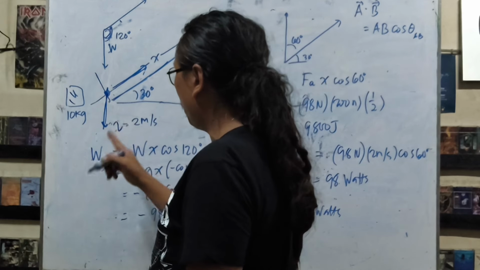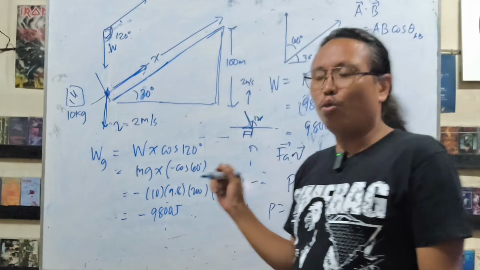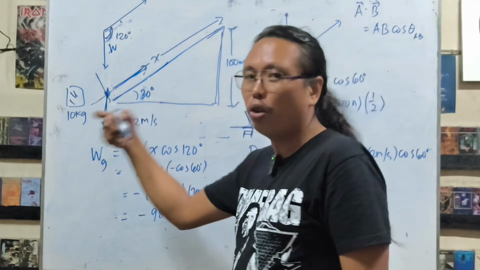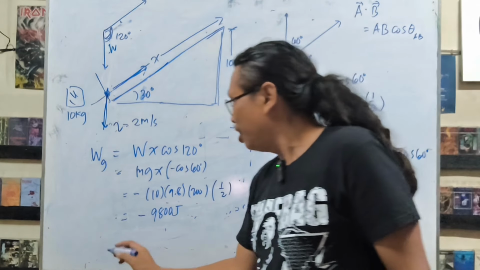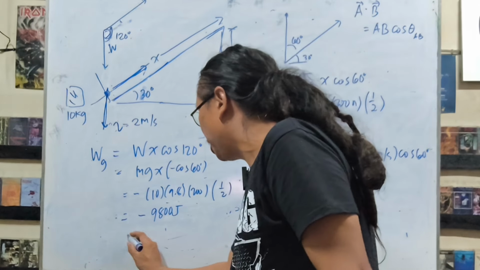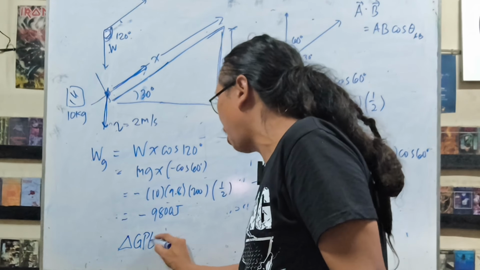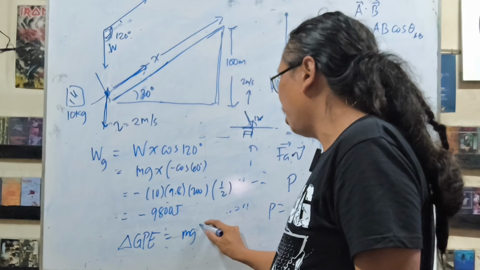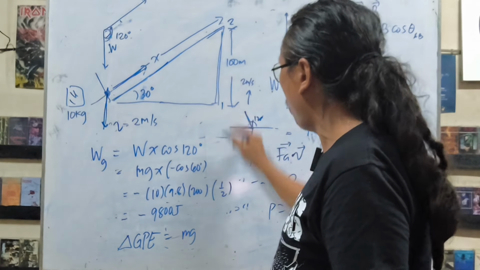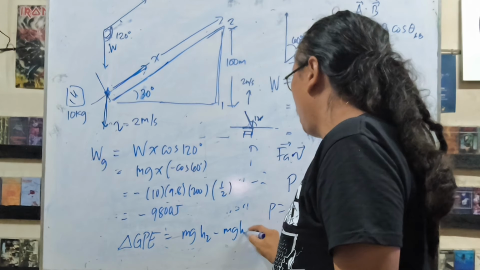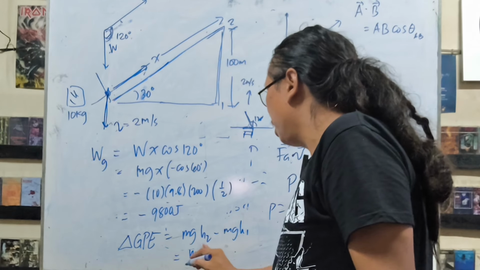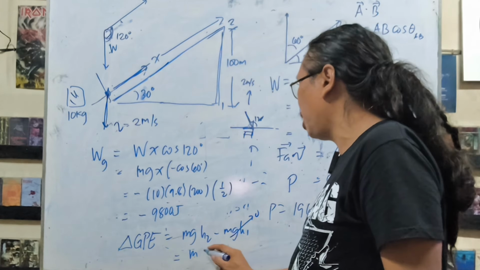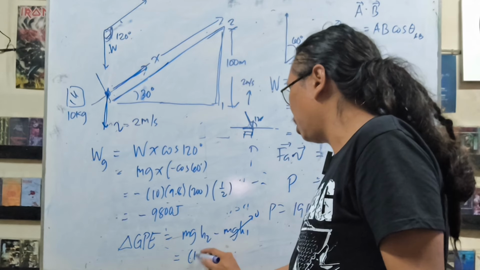And why is this? As I've told you, this is a conservative force. The work done by a conservative force, since gravity is a conservative force, is just equal to the change in potential energy. So let's take the change in gravitational potential energy, delta GPE, which is mgh final. Let's take this as 2 and 1. So mgh2 minus mgh1. Here h1 is 0, and h2 is just 100. So this is just 10